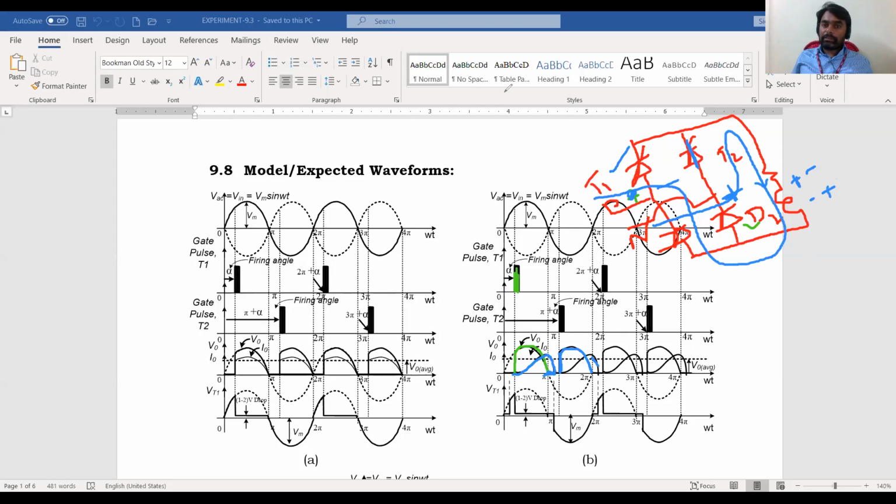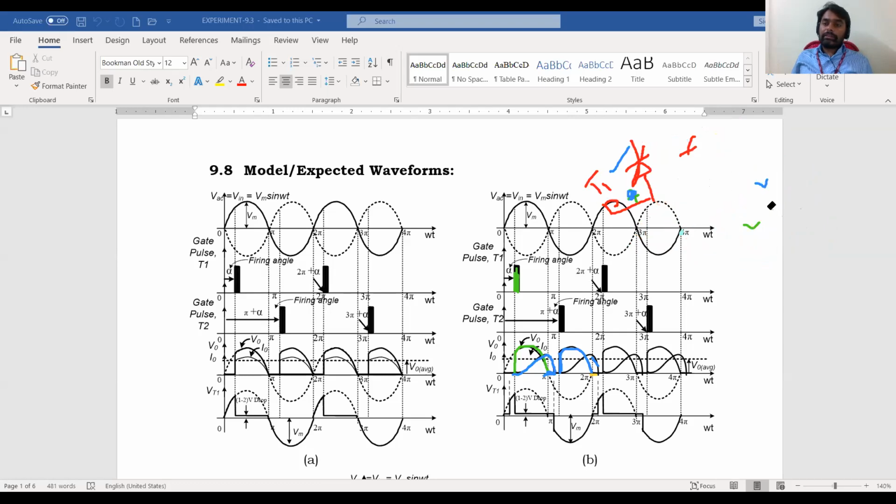So to take the discharging current path, it will take the path like this. The current always leaves from the positive terminal. Now the inductor is behaving like a source, and it will flow through D2. It is in forward bias condition during the positive half cycle. T2 is already in the triggering state, so it takes the current path like this. Now the source is short circuited by D2 and T2. So during this interval, you will get 0 voltage. Again, you cannot see the negative peak here in case of inductive load.